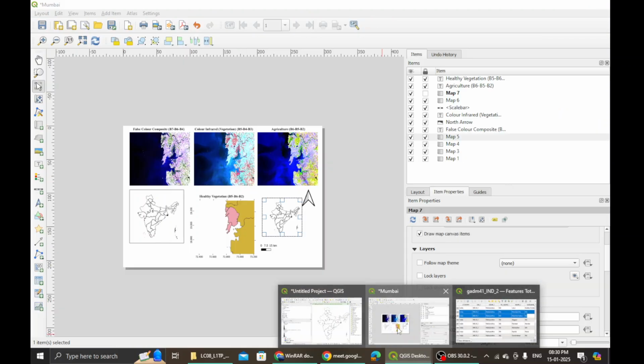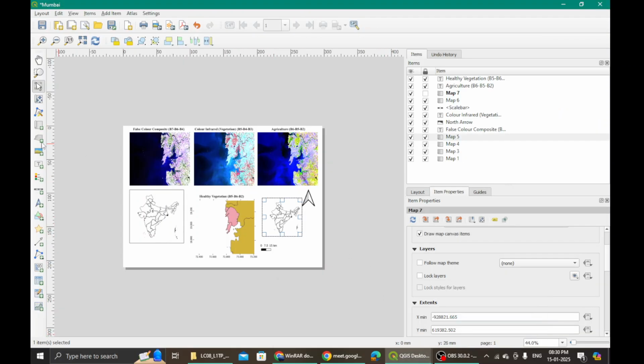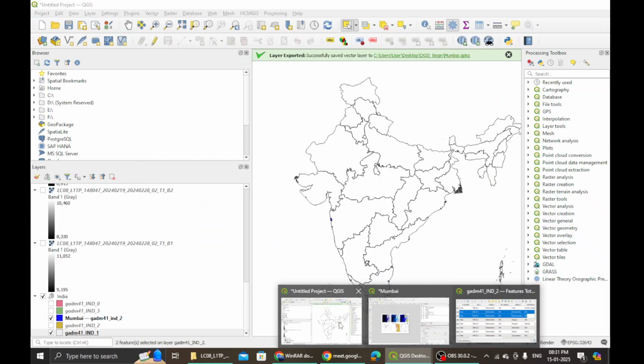Now this time in my layout I want the Mumbai region to be seen. So what do? I take this tool yet again and zoom in until I reach Mumbai, right? Let me make even Maharashtra visible such that it looks better. Let me extend this, make it slightly larger, and then maybe move it such that the entire Maharashtra becomes visible. Good enough, right?